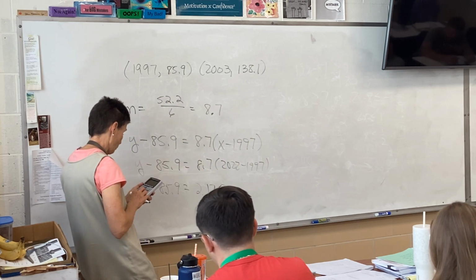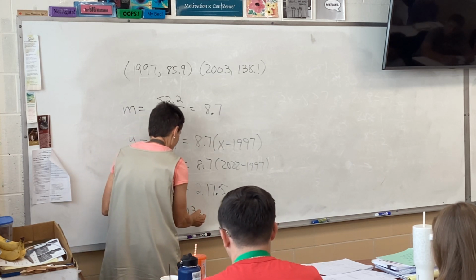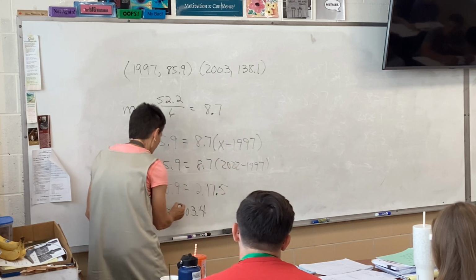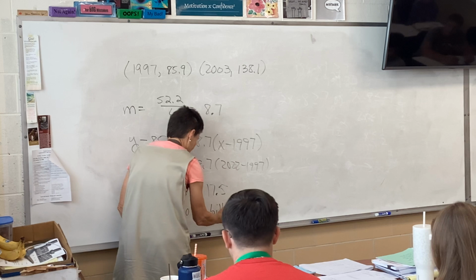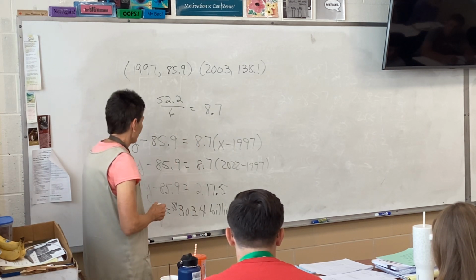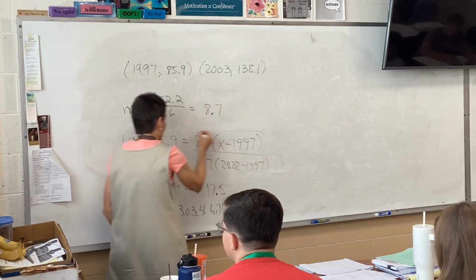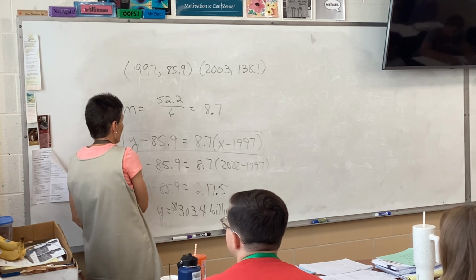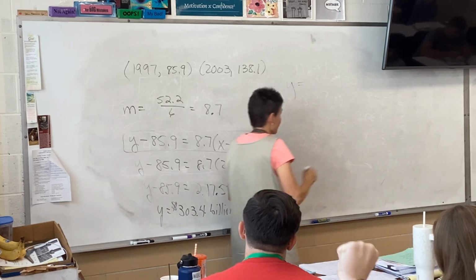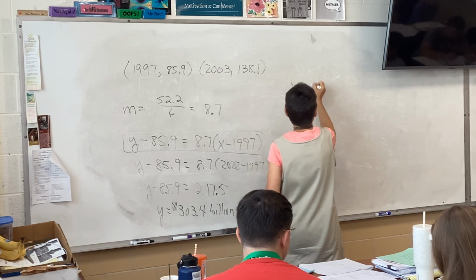Add my 85.9, and I get 303.4 billions of dollars. Okay? Now, this was my equation right here. In order to graph it, I need to get y by itself. So my equation, because it says I have to put it on my data points, is going to be 8.7x